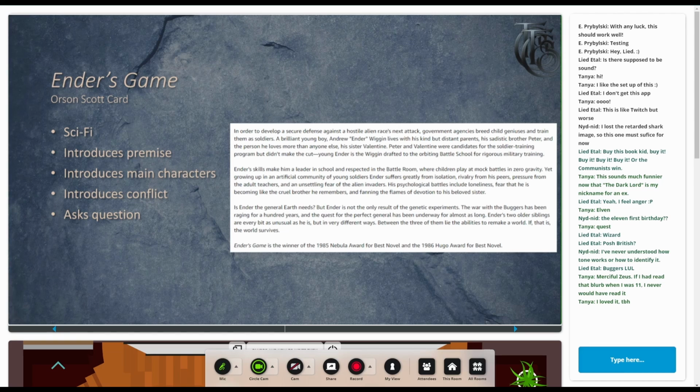So obviously this is science fiction. We can pick that out pretty quickly through the hostile alien race, child soldiers in an orbiting battle school. These are elements of sci-fi, of course, space travel, dealing with aliens. It's probably in the future where there are kids who are out there fighting,